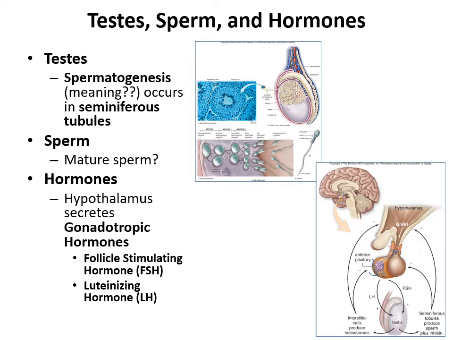Now, when we talk about that male reproductive system, we give some emphasis to the testes because, again, those are the gonads, very important structure within the male reproductive system. They're responsible for spermatogenesis. Whenever you see genesis, that means the beginning of something. So in this case, it's the beginning of sperm, meaning spermatogenesis is the production of sperm. Specifically within the testes, it occurs in what's called the seminiferous tubules, okay? And it involves both mitosis and meiosis.